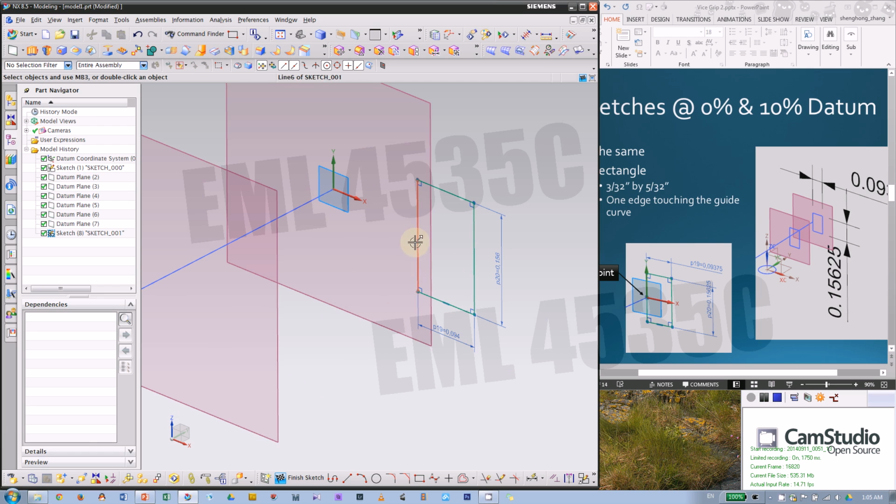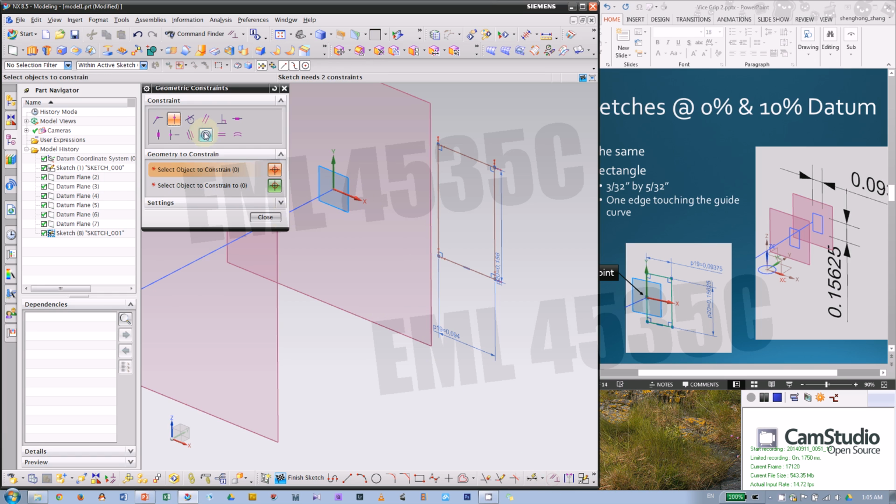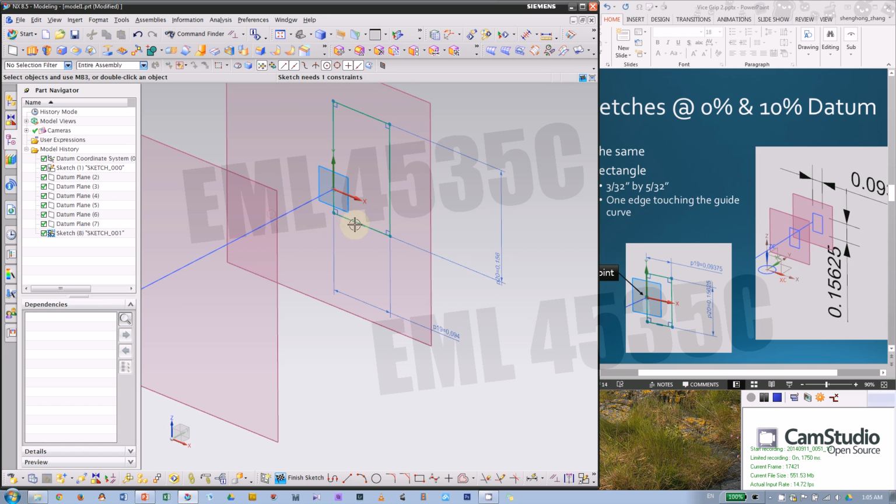So next, we have the dimension for this box, but the position of this box is not fixed. We need 2 constraints. First, you want this line to be on the intersection point. So a line on a point, that will be the constraint which we use often, point on curve. And you can say I want this point or this curve to be on this point, the sketch origin. Okay, now this can still move up and down because this point is on the curve but not in the